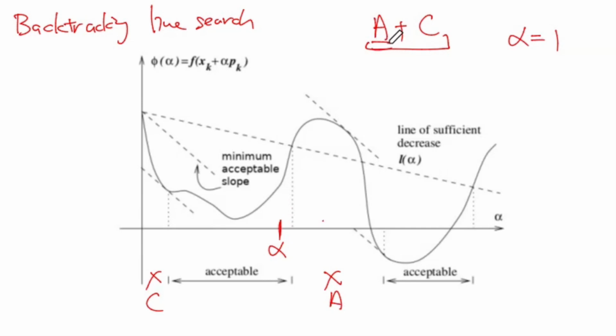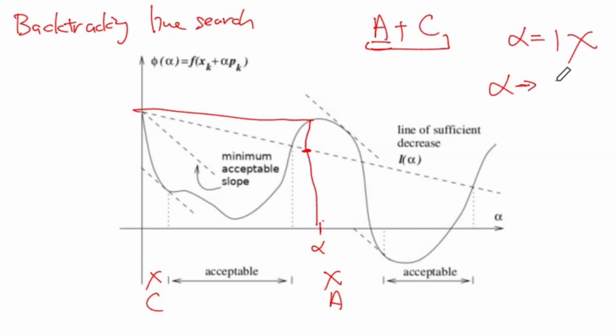If it fulfills the condition, this is the alpha we choose. If we get an alpha here that fulfills the condition as well, we choose this alpha. But when the alpha we choose is here, this is the cost function we get, and this is higher than this value. So alpha equal to 1 does not fulfill the sufficient decrease condition. Then what do we do? We reduce the alpha